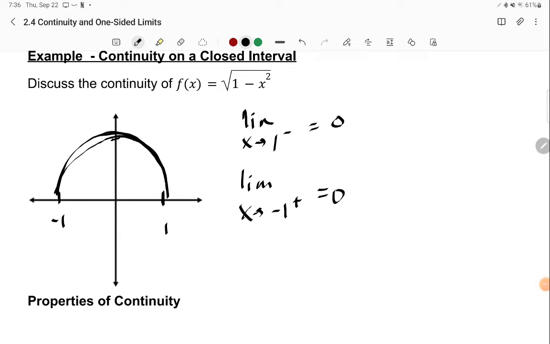Now, like I mentioned earlier, the importance of the interval. So if we look at this function on the interval from -1 to 1, only from -1 to 1, and that's the closed interval, it is continuous. If you look anywhere outside of that, it doesn't even exist, because remember, it's a circle. It's going to be continuous, but it doesn't exist. So we would say that this is continuous on that closed interval